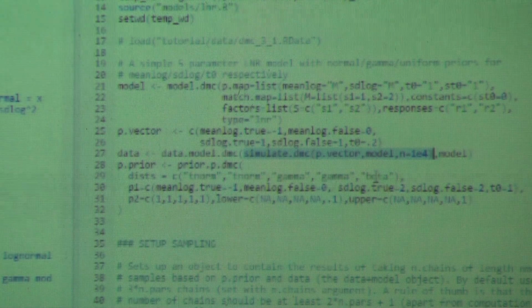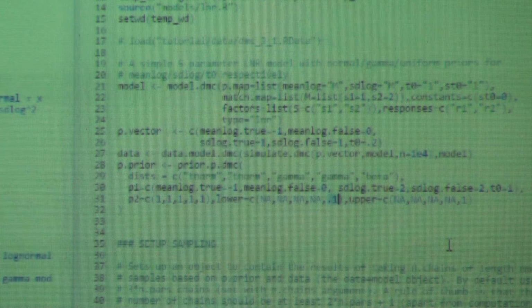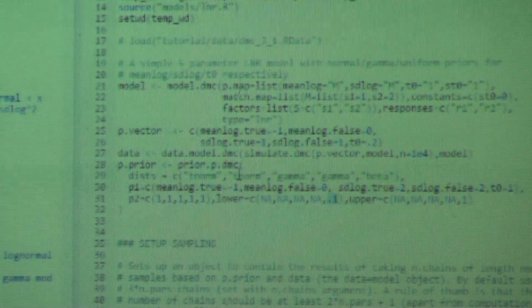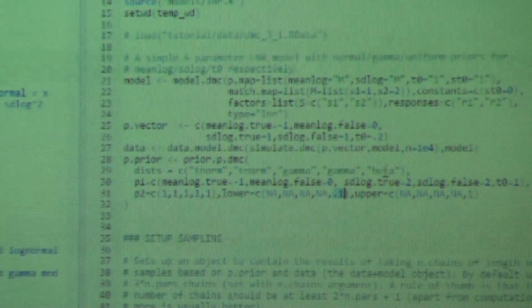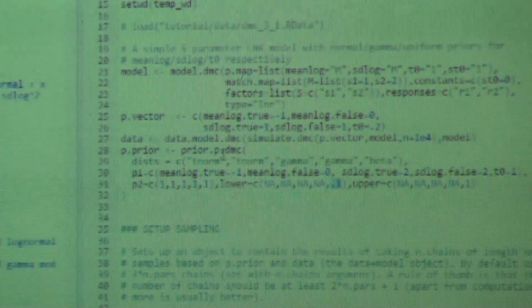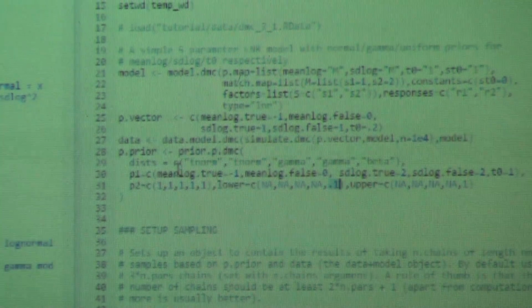For T0, I'm going to choose a beta. I'm going to choose a flat distribution, between 0.1 seconds, because I know, if this really was data, that's a reasonable choice, because people shouldn't be responding faster than that. Up to 1 second, that could vary. So if we look here then, T0, gamma, gamma, beta, I have to then give the parameters of all of these distributions. Each of them has 2 parameters. For the